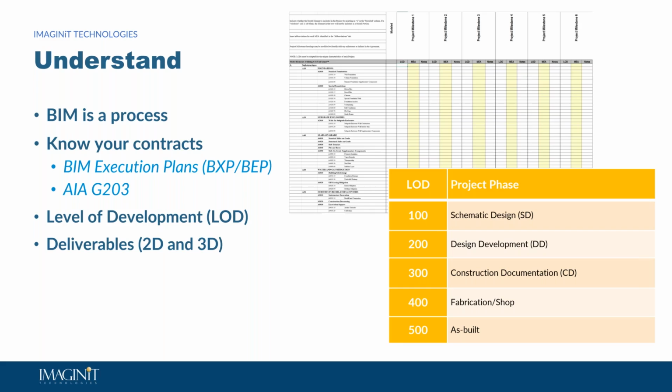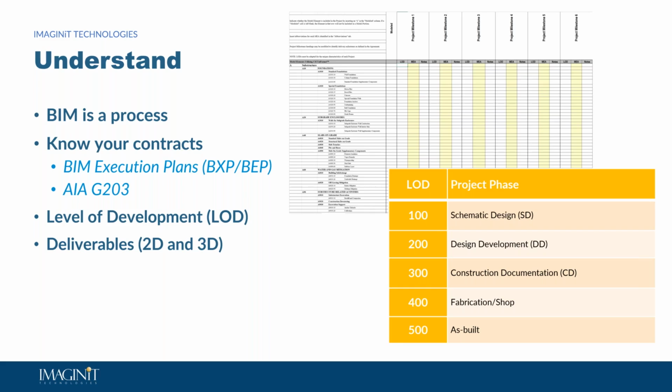A lot of public universities, I think Penn State has a very good one. Or if you search really starting with the AIA G203, that will lay out the guidelines for the contract of a BIM project. So starting there is really the best place, reviewing those documents,